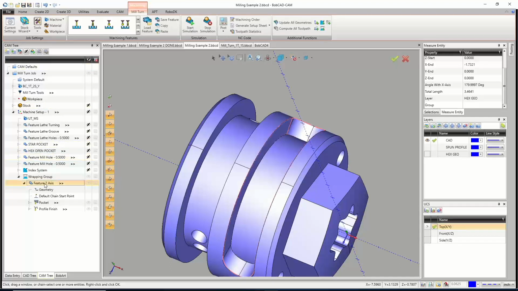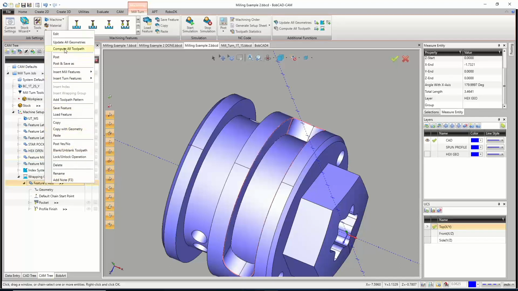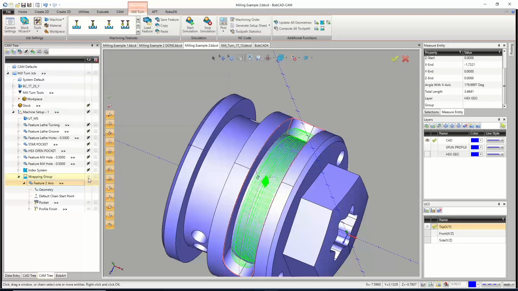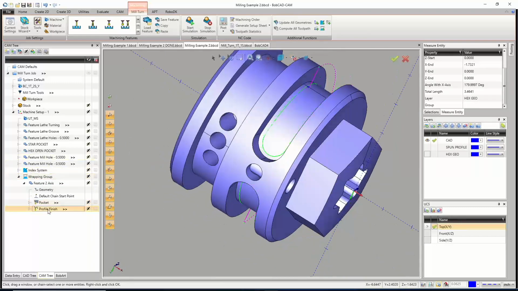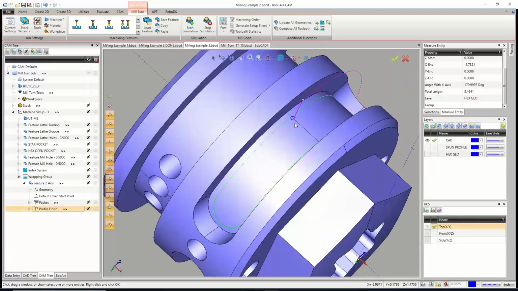And then I'm just going to right click on that feature 2 axis and say compute all toolpath. And there it is. So we'll blank that out. And here's our pocket. There's our first. There's our second right there. And then we have our profile finish. Actually,